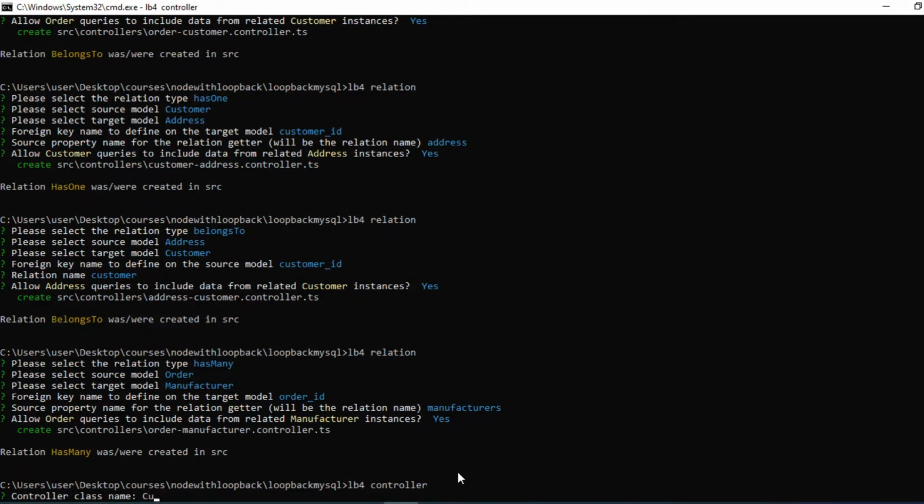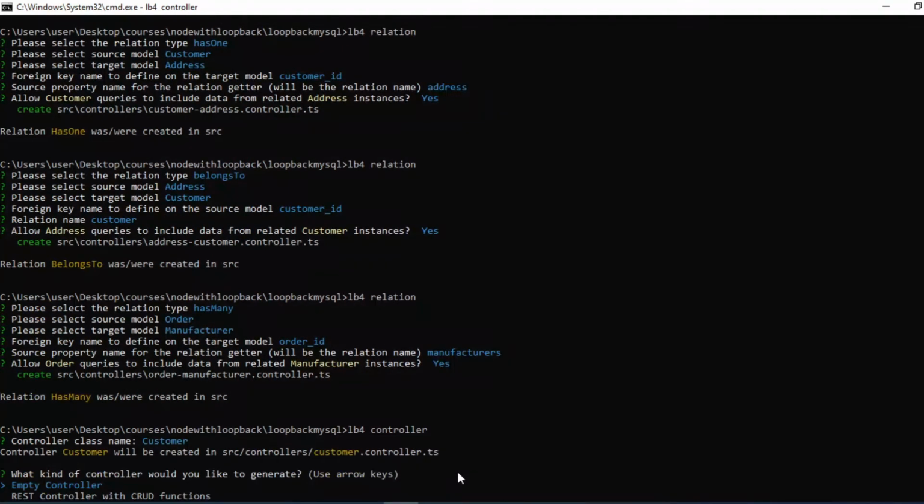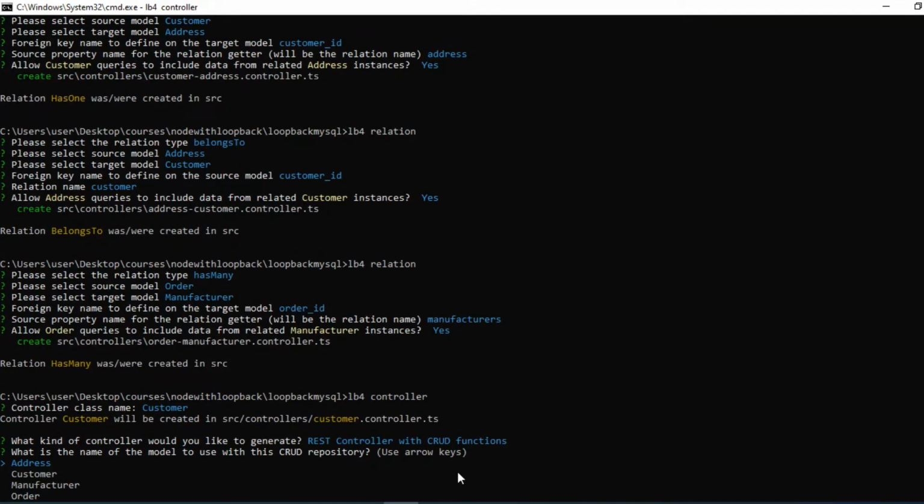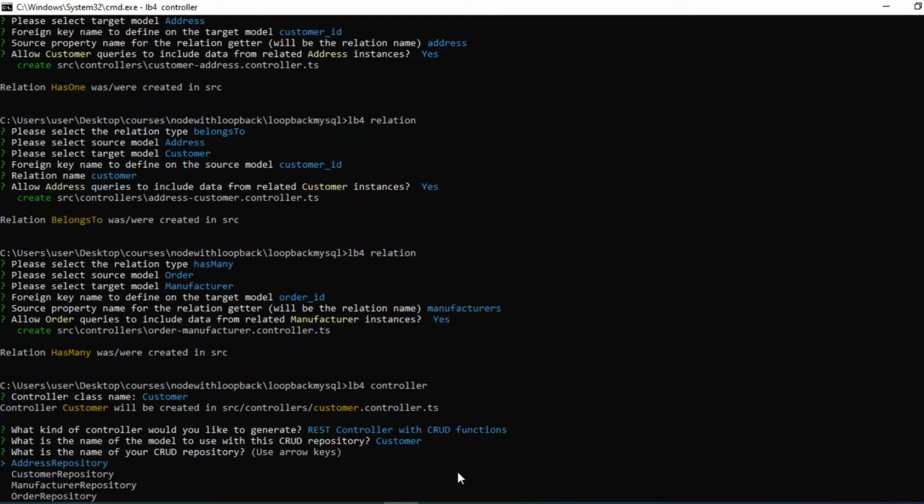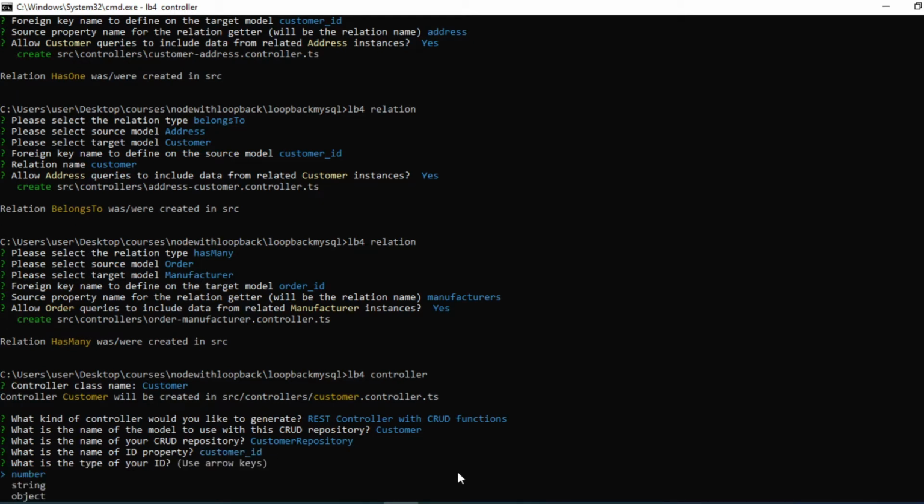So let me first create the controller. The first controller will be customer, and it will be a REST controller. I will choose a customer repository ID. So guys, make sure you provide here the ID that we have entered during the creation of the model. So that was customer underscore ID, and it is a number. And yes, we want,